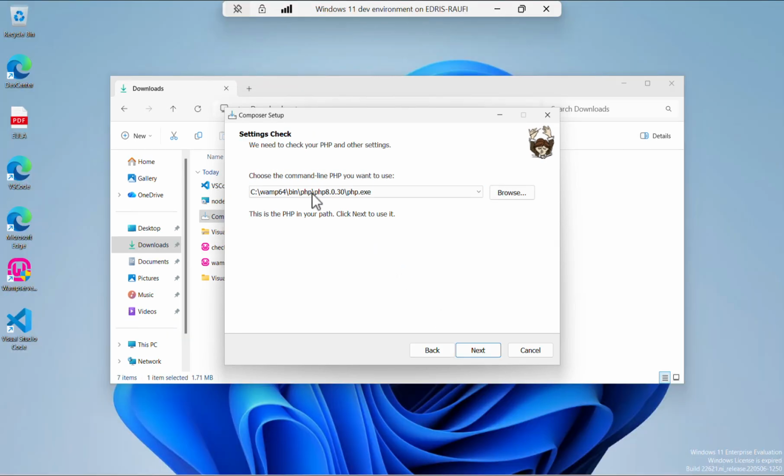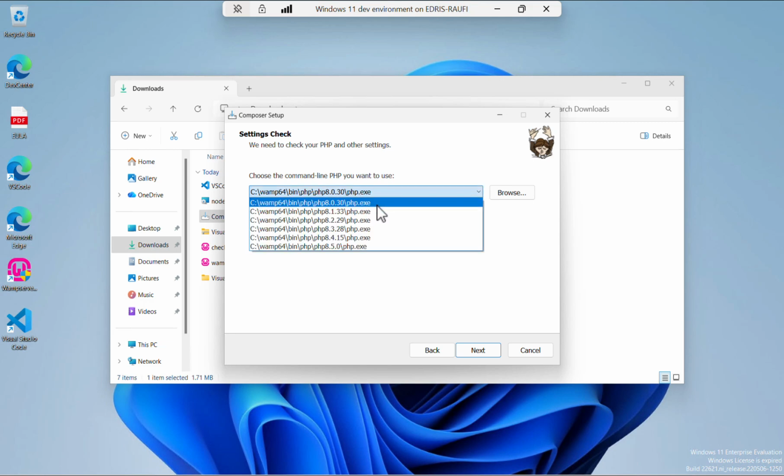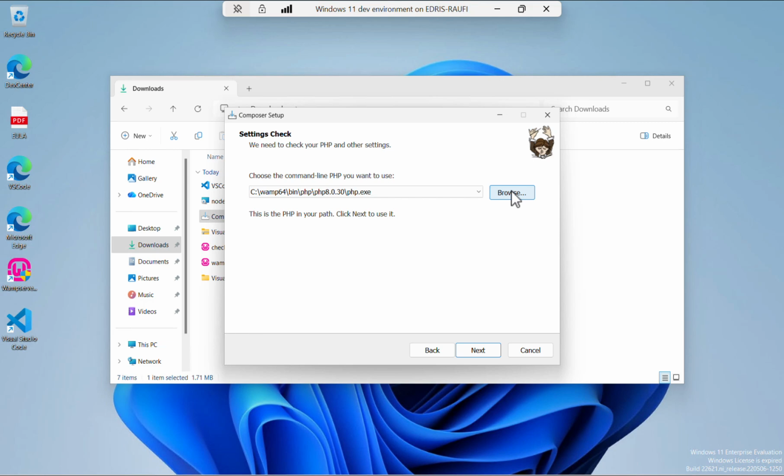Next, in here, you have to select the PHP 8.3 version. Currently, by default, it's selected 8.0. We need the 8.3 version. If the version is not listed in here, you can always click the browse button and